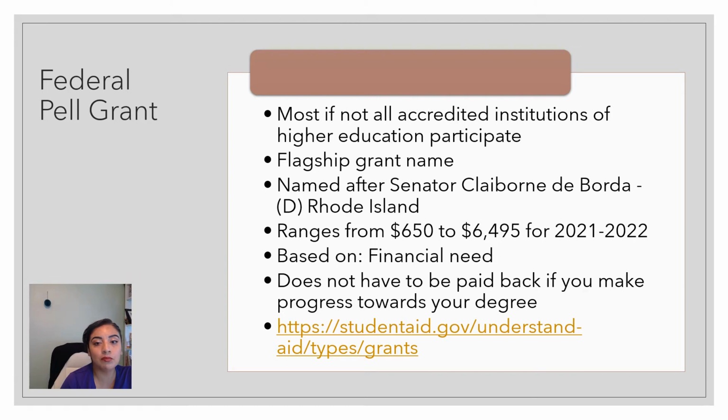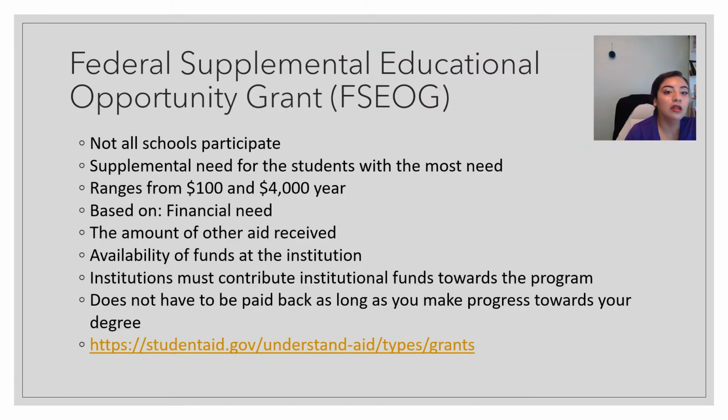And the Federal Supplemental Educational Opportunity Grant, FSEOG, is a grant that supplements the Pell Grant for students that have a high demonstrated need. Not all schools are going to participate in this supplemental grant because they do have to contribute institutional funds towards the program. Usually they match what they offer in the supplemental education grant, and the award can range from $100